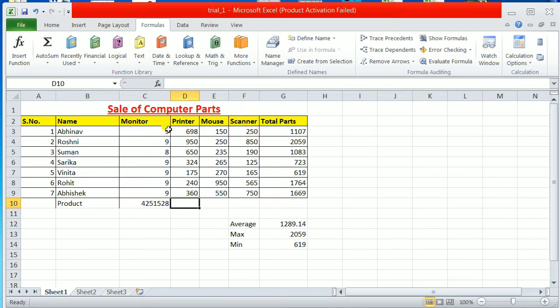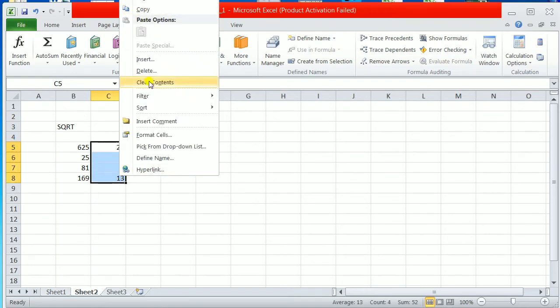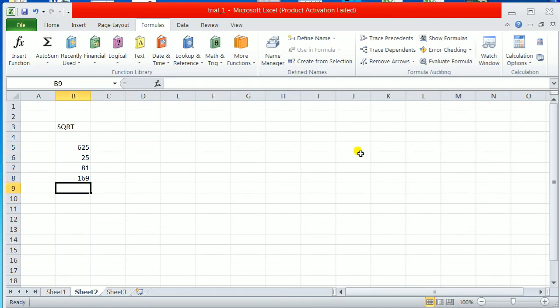Now suppose I want to get the square root. I want the square root of some numbers. See, I go to sheet 2 to make it more clear. I already have done this. I have written few numbers here. I can add one more number here like 144, 121. These are simple numbers. You must be remembering what are the square roots of these numbers. That's why I have taken the simple numbers. I take one more number where you can get the answer in decimals also. That we will take afterwards. First, where I want the result, in the next cell.